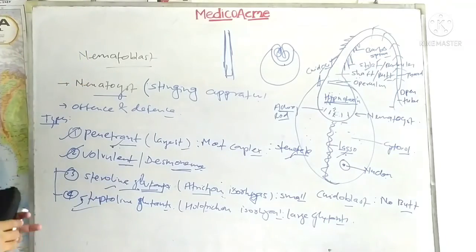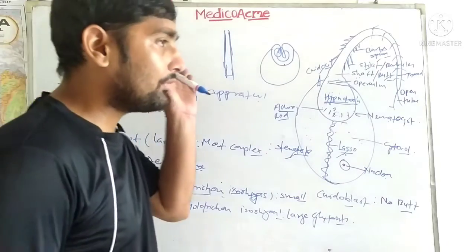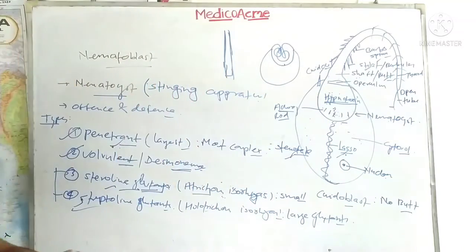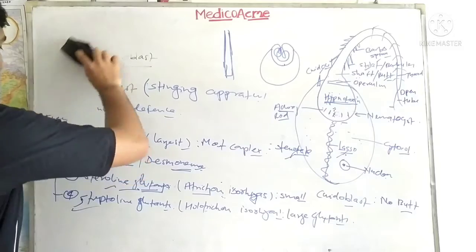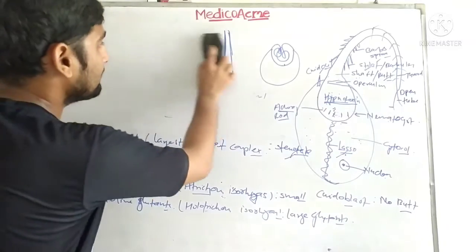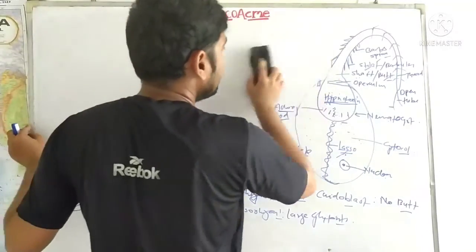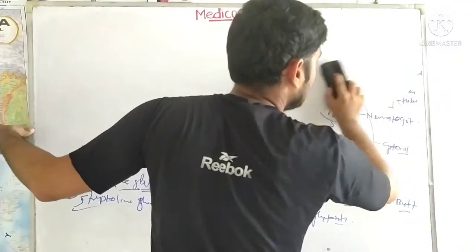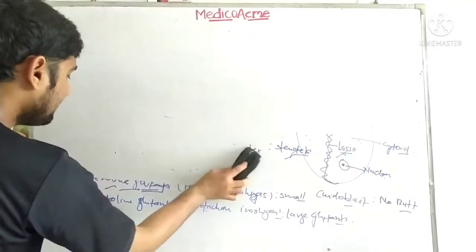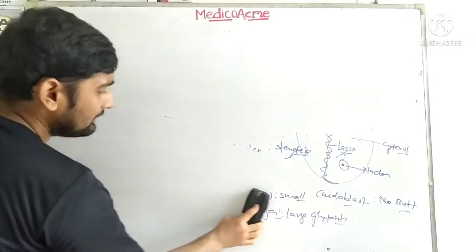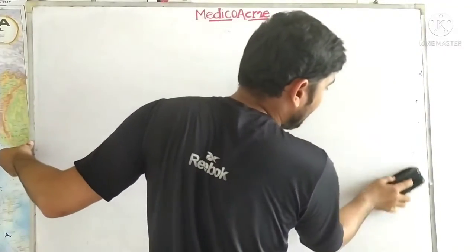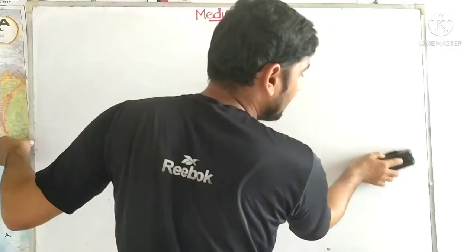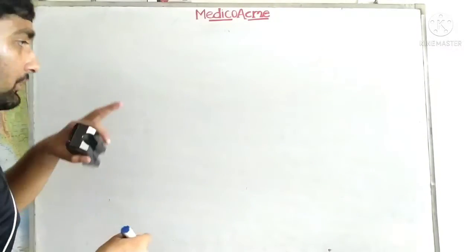So guys, this was all about the nidoblast. You can write it as a 5 marks question maybe, and you can answer the optional questions also. So now let's begin with the classification. It was all about the nidoblast and the mechanism. The mechanism actually is very important and very simple also. The mechanism of firing the nidoblast, or you can say the nematocyst, is by osmotic pressure.